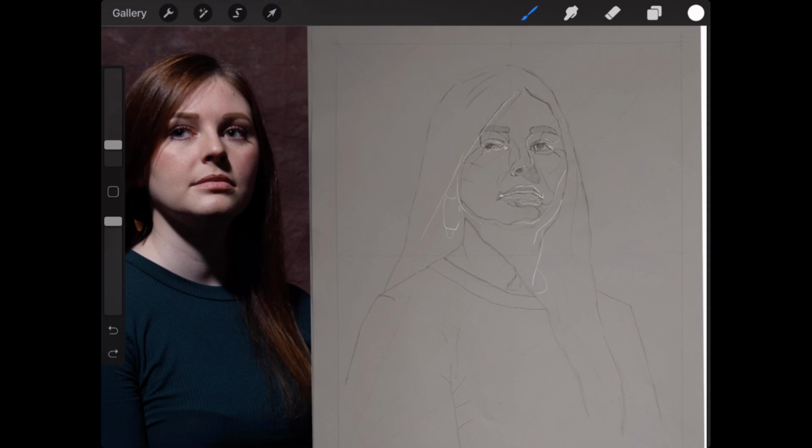Part of the reason for that too is when we get into the color stage, this is the only downside to working digitally over long distance with people: I can't see your painting in person. I don't know what your monitor looks like. It's going to probably look a little different than mine in terms of colors. And same thing goes for prints. If you guys are working from a print, the colors might look a little bit different than mine.